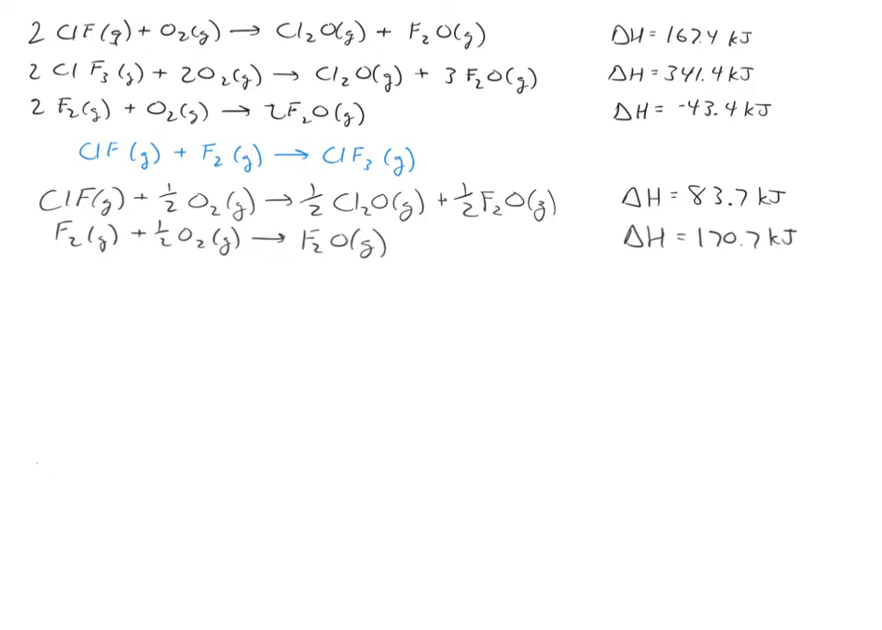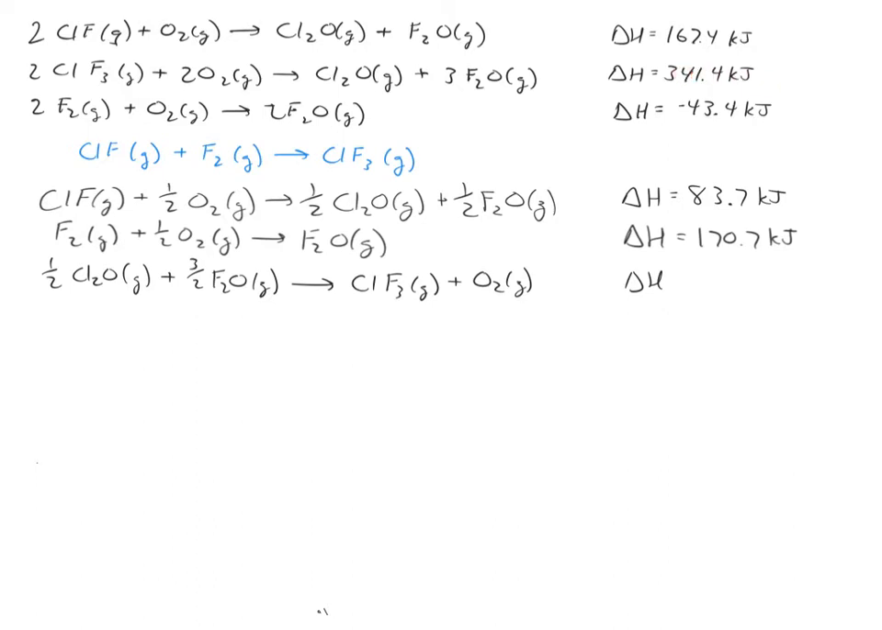On the left side, I have 1/2 Cl2O gas plus 3/2 F2O gas makes 1 ClF3 gas and 1 O2 gas. Since I flipped everything, that changes the sign on delta H, and I divided by 2, so I've got to take the value given here,